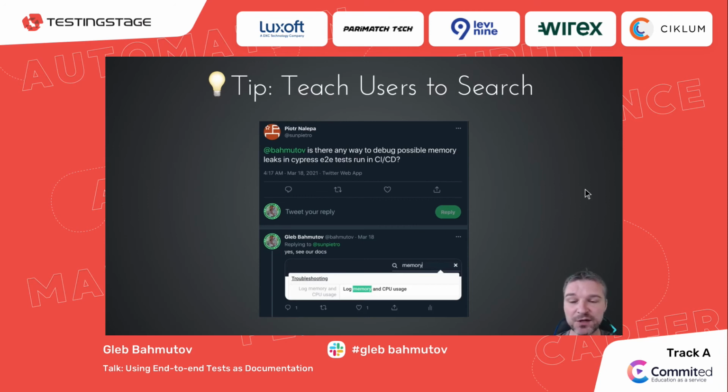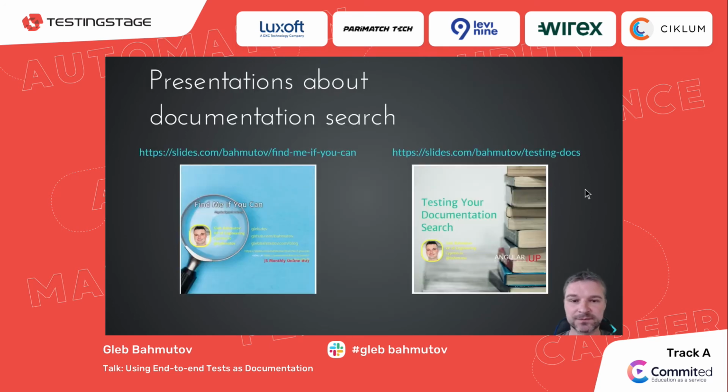Believe me, once users figure out, oh wait, I can search myself, they do not want to ask anyone, because asking someone means a time delay, and maybe you don't get an answer. Being able to search and quickly discover relevant information in documentation is a superpower. And once you get it, you start using it. Again, as I said, I made a couple of presentations about searching, scraping, and making good documentation.